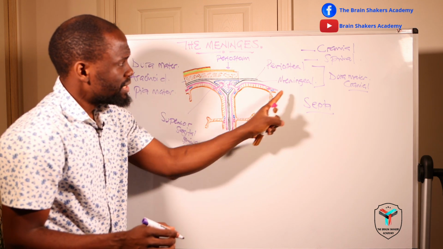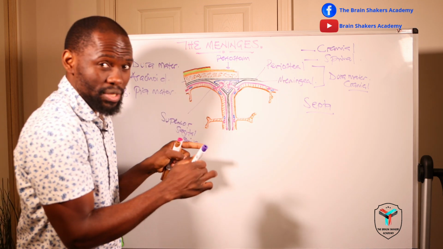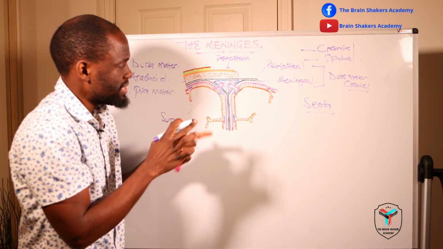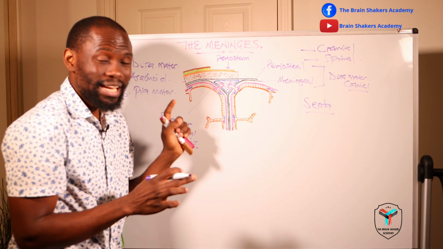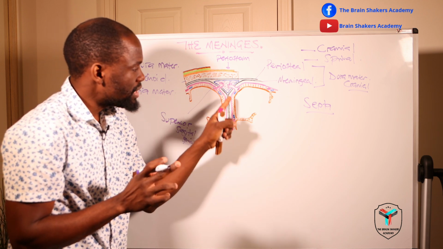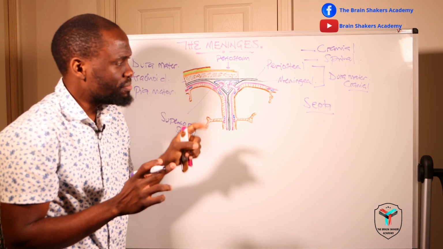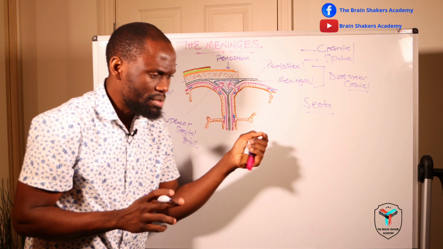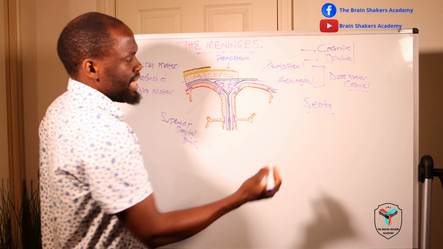Now, we did make mention that the meningeal layer will fold within the brain tissue to create those spaces for the durovenous sinuses. It has created one here, but that is not the only septa that is going to be formed. There will be a number of them. The four commonest septa formed by the meningeal layer are going to be: